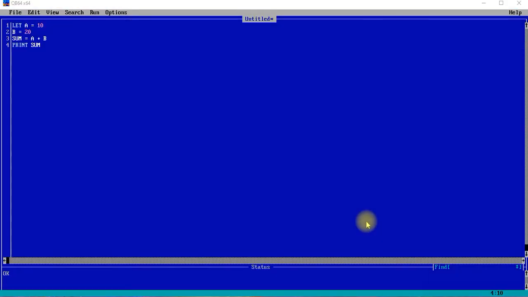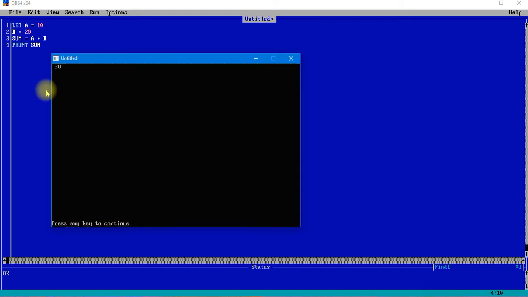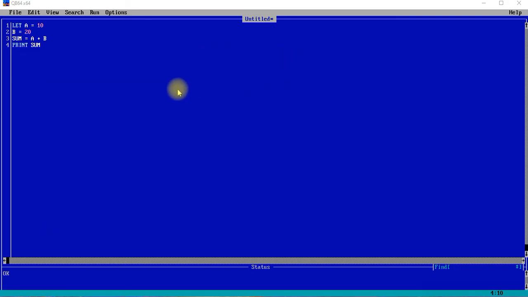So let's run this program and check how the results come. As you can see, the value of 10 plus 20, 30, is being displayed on the screen. So this is how we can run a very simple program by using the let statement and the print statement.